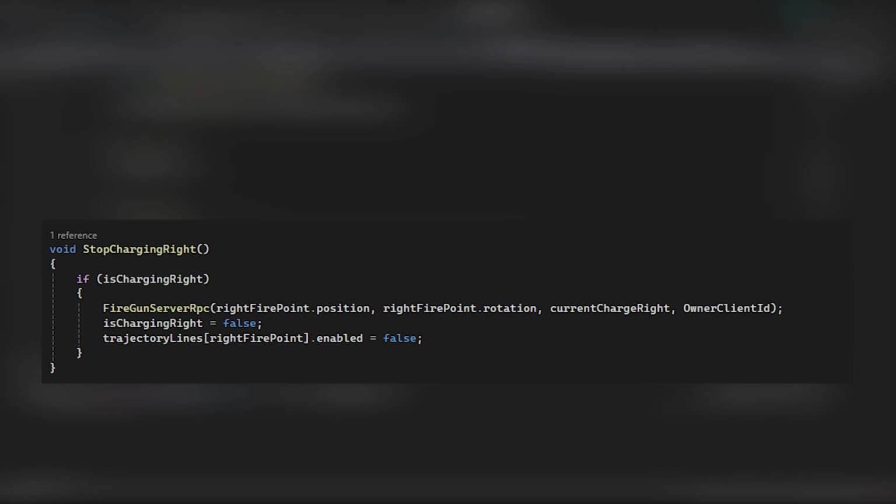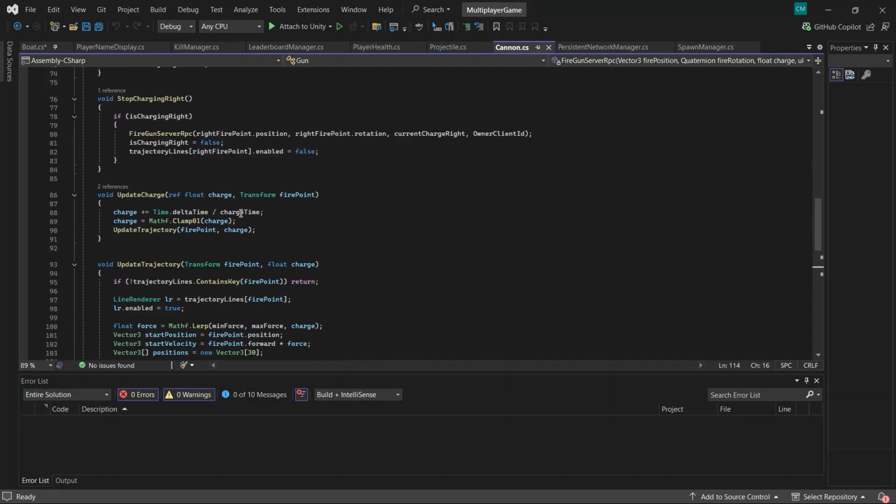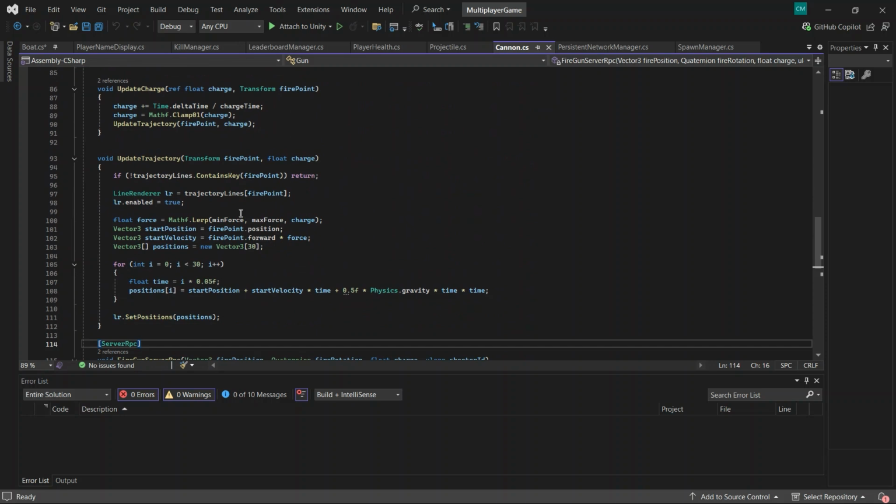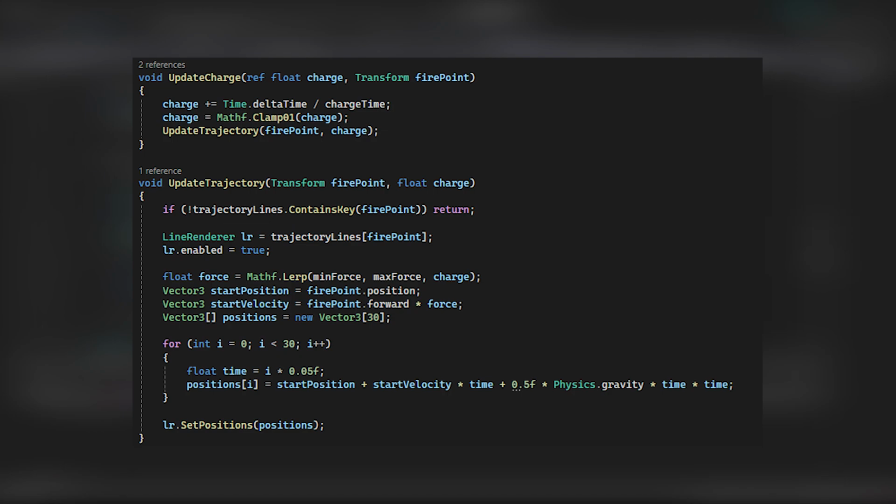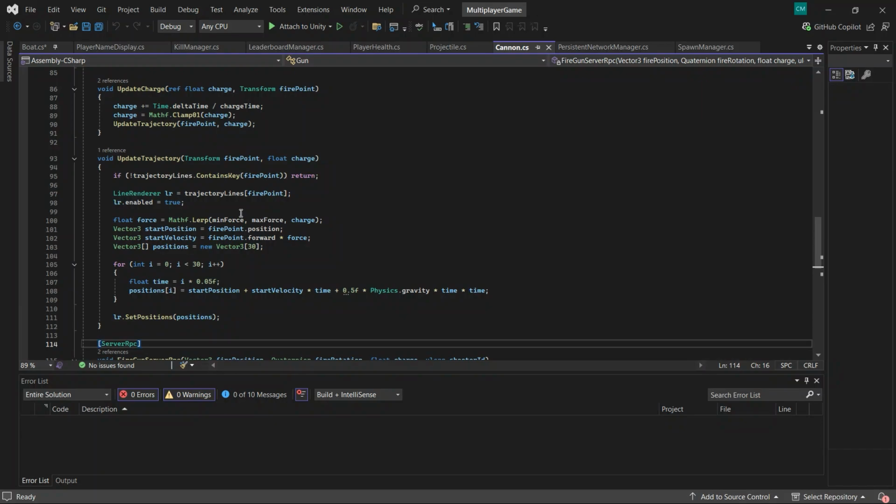To disable the trajectory preview line, we have trajectoryLines[firePoint].enabled equals false. Next, the UpdateTrajectory method visualizes the projectile's expected path using the line renderer. This calculates the positions based on projectile physics and updates the line renderer to display the predicted path.